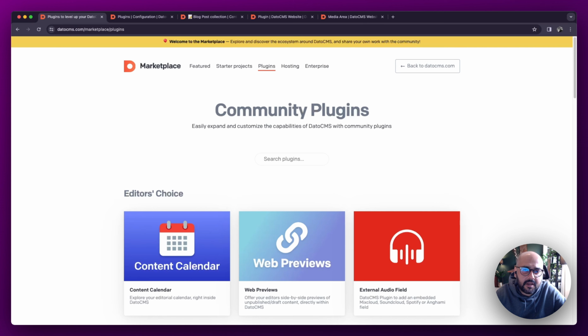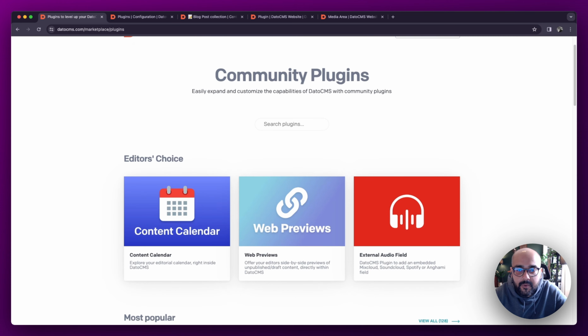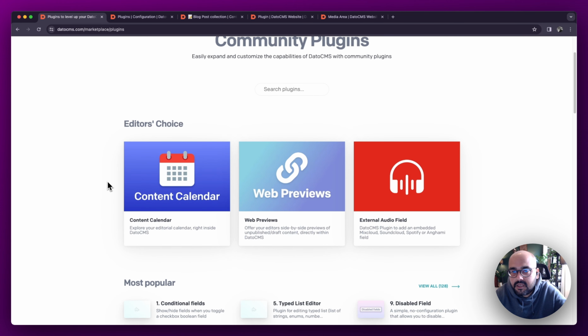And finally, we have the concept of plugins within DatoCMS, which honestly is one of my favorite because the possibilities of what you can do with plugins is honestly pretty crazy. Plugins are usually either community plugins that you can go ahead and install, like on a catalog like this, where we have common use cases covered for things like a content calendar or web previews, or if you want something specific like a product inventory from that one PIM that you're using for an e-commerce site,